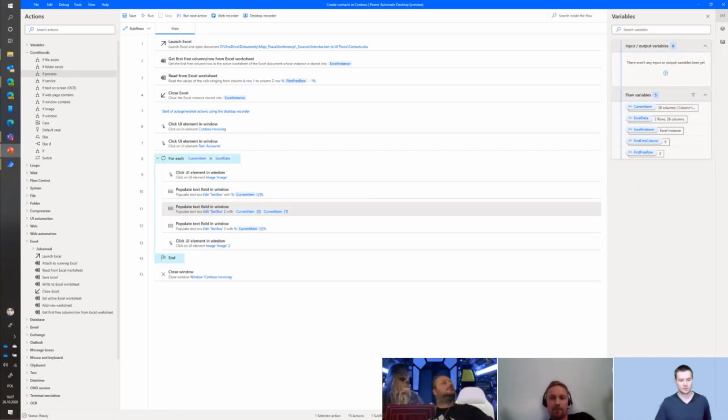Right, so it depends on which scenario you'd like to follow. If you go into attended mode, then obviously you not only have to have your laptop up and running, but you need to have your user logged in, because attended needs to work on the active user session. If you could use unattended, then you can simply create a scheduled flow that triggers the power automate desktop, and you don't need to care about anything else. You have to have the machine running, but you don't have to be logged in, and you don't have to have the monitor turned on, or you can just use an Azure virtual machine.